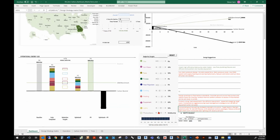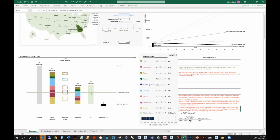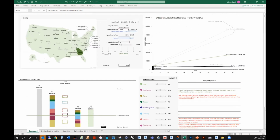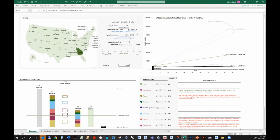And the idea is to get the PV number up high enough to match that. That tells me, based on this square footage in a 2-storied building, which this wasn't, what percentage of roof area I need to cover with PV to get there. It's really a rough rule of thumb thing. And let's say this was a smaller building, a 10,000 square foot office building. I can play around with how many trees I need to plant to offset that